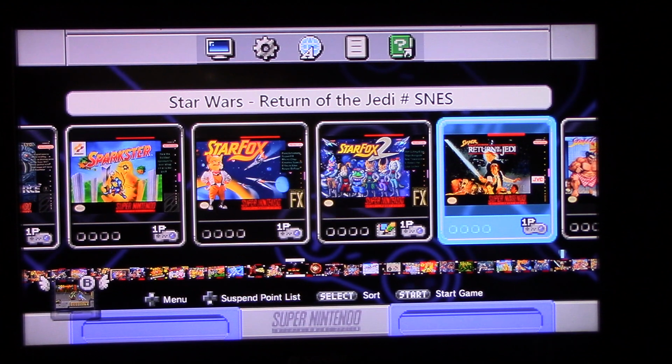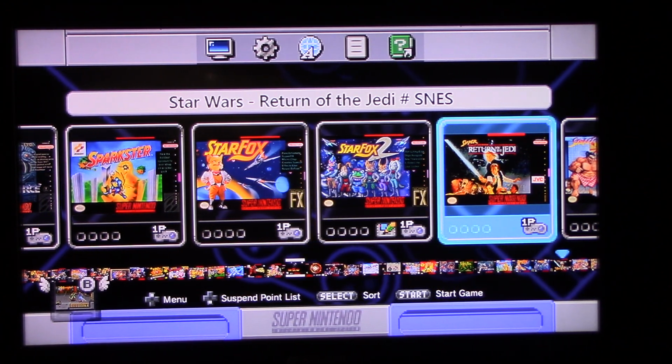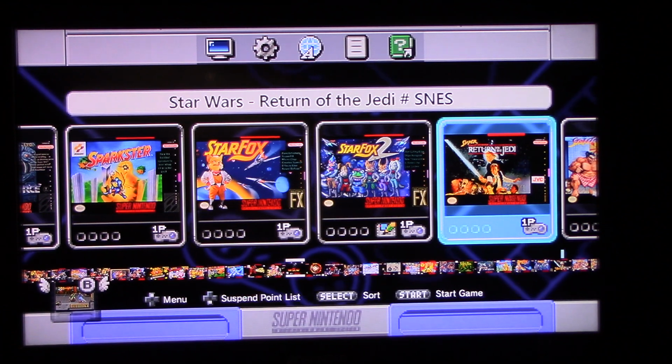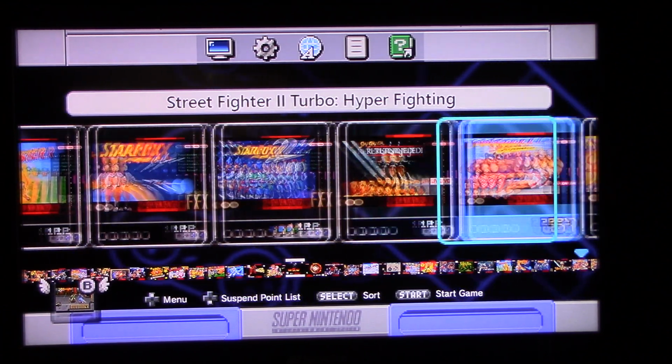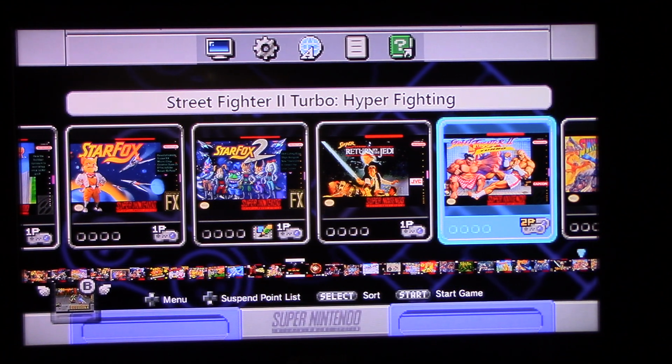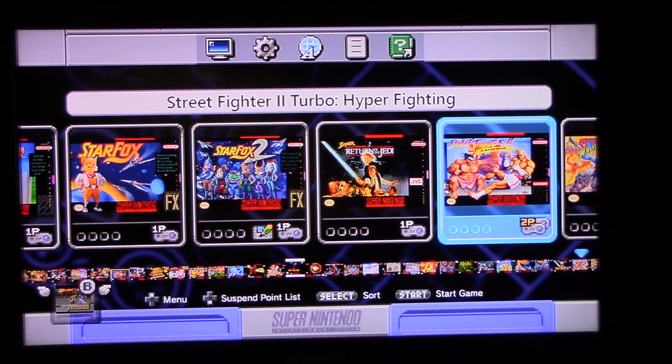Super Return of the Jedi. Yeah, now we're getting to all the supers. Now, out of the 16-bit Star Wars games, I think Return of the Jedi was my favorite. That's why I did that one. Plus, it's my favorite movie in the series. Super Street Fighter Turbo Hyper Fighting. I kind of wish they went with Super Street Fighter, because...